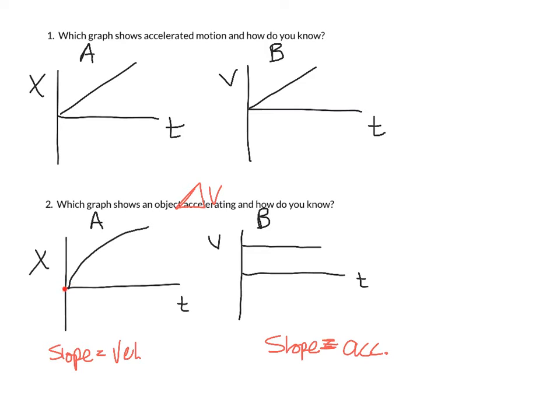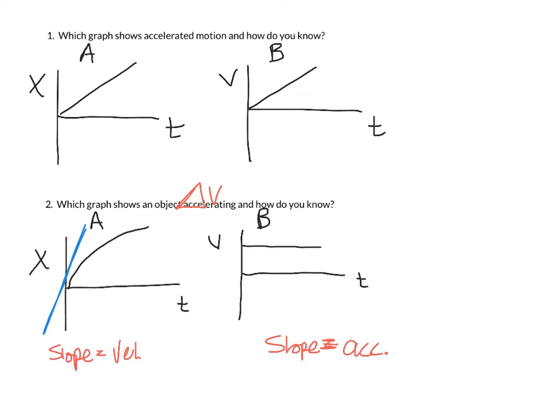Does this one show a changing velocity? What's velocity on that graph? Slope. Does this one have a slope that's changing? It's a curve, yeah? Do curves have a constant slope? No. And so again, if you think about your slopometer, if you put your pencil on the screen as you looked at these,